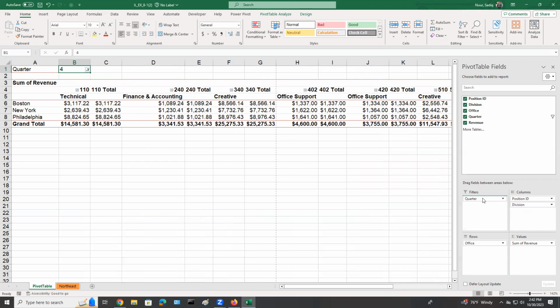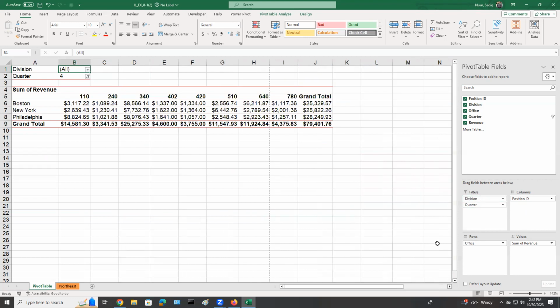So drag it. The moment that you dragged the division field under the filter area, which is above the quarter field,